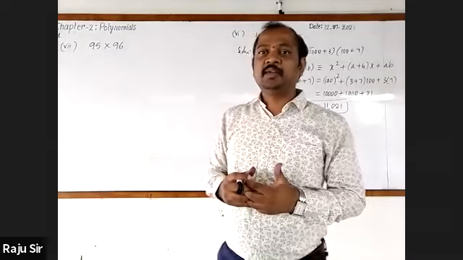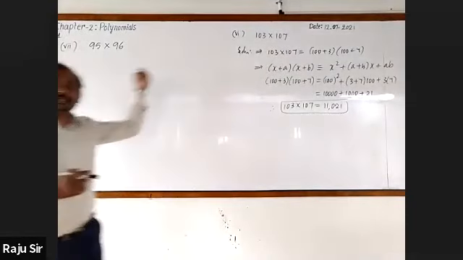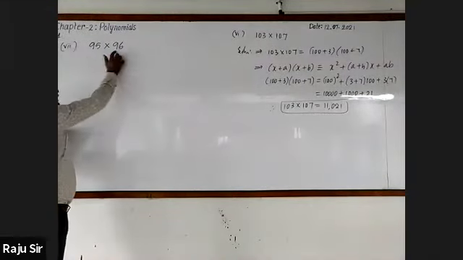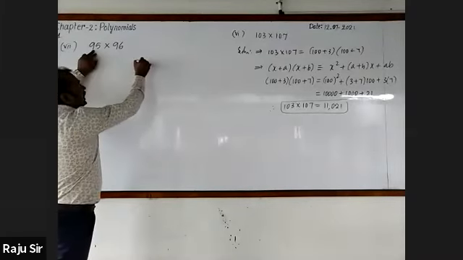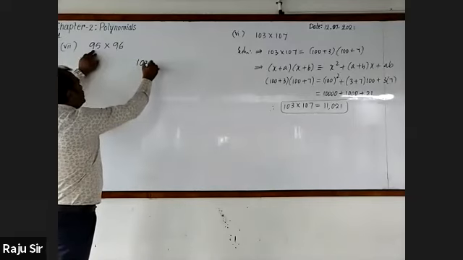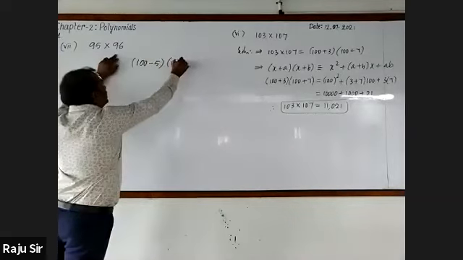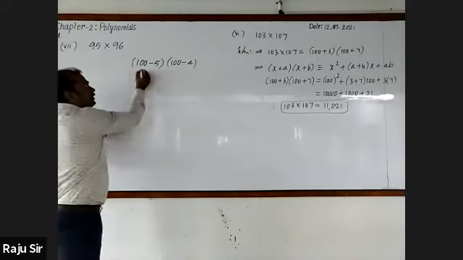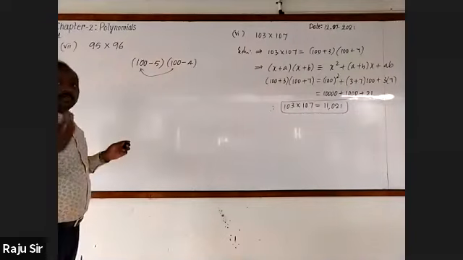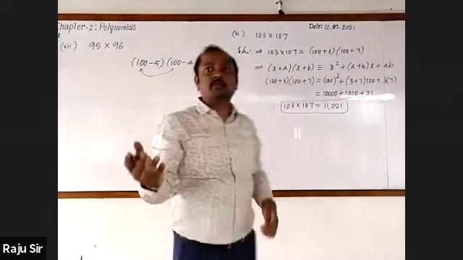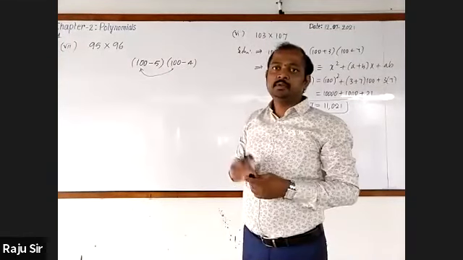Very good. See, even in the previous problem, the numbers were more than 100. In this problem, both the numbers 95 and 96 are less than 100, and 95 can be written as, she said, that is Renuka, 100 minus 5, and 96 can be written as 100 minus 4. Here first terms are same and second terms are different. When first terms are same and second terms are different, we can go for using the identity x plus a into x plus b. You understand?